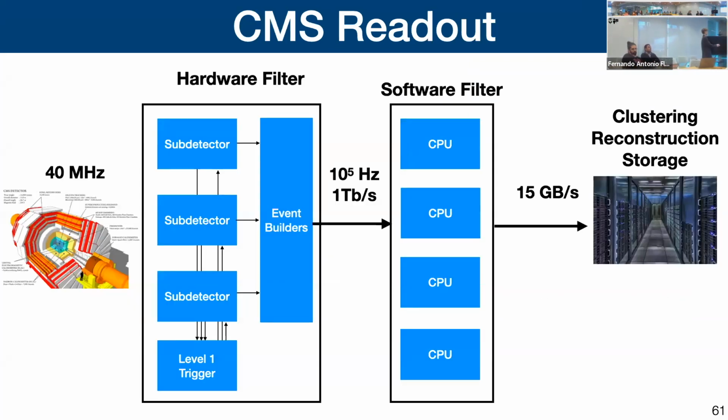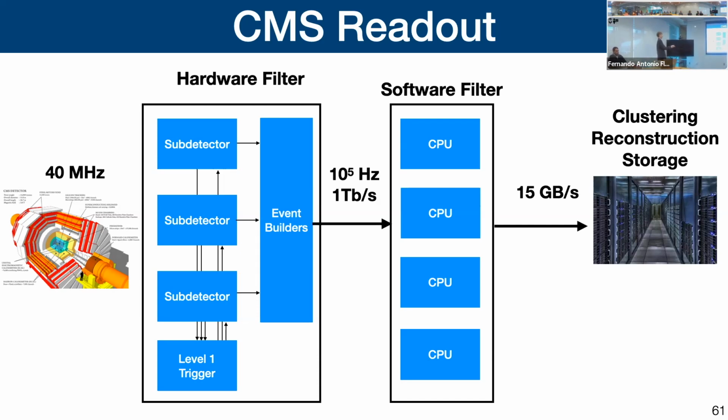So on CMS, we take the data here at around 40 megahertz, and this goes directly into a whole bunch of electronic hardware, okay? And what this hardware does is it essentially forwards bits of the event into what's known as the L1 trigger, which is also a custom piece of hardware, electronics, that determines what events are interesting and not interesting. Based on that information, it will tell the subdetector which ones to forward for further analysis. So this hardware filter is a very, very stringent selection, in the sense that you go from 40 megahertz down to 10 to the minus 5 hertz. So a lot of events are already thrown out in your hardware, right? They don't even see a computer ever, right?